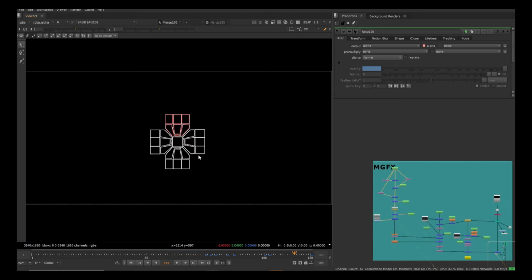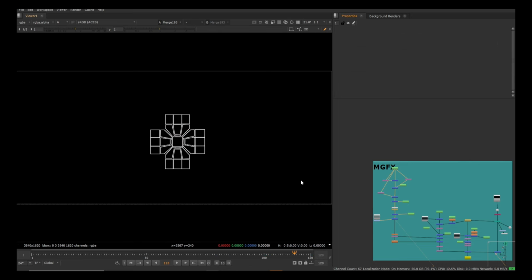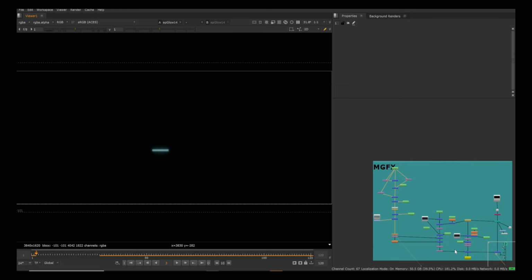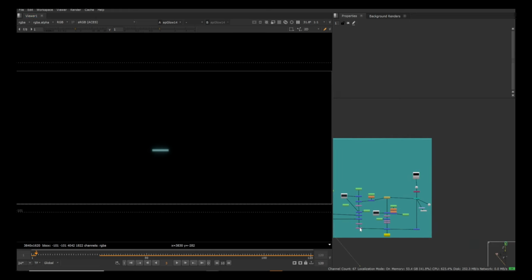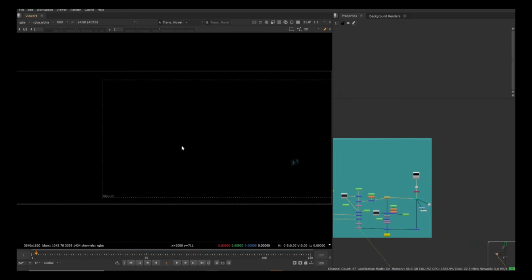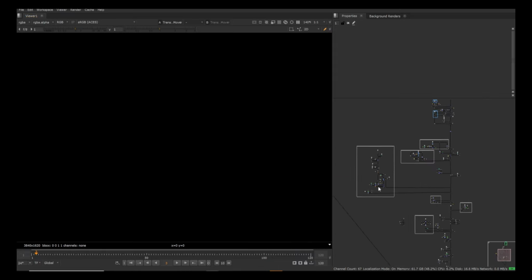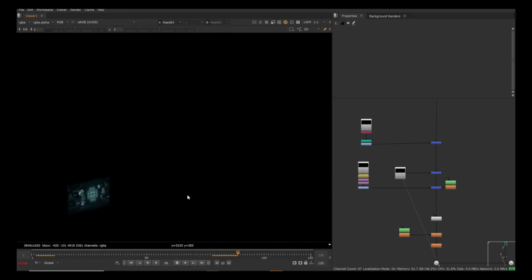Then I took the edge, I did some grading on top, I added some glow, and if I play it now, you can see it's some kind of loading thing, and then it's animating. It's simple animation. And then I tracked it, projected it on the screen, and you can see it here, and that comes like this. So if you play it, you can see,